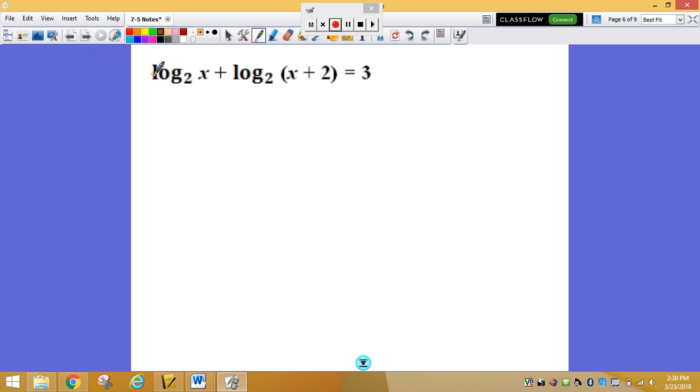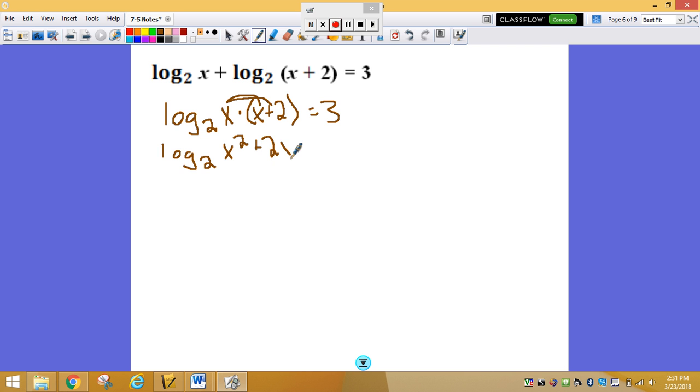Okay, here's another one. This one's a little bit different. This side has log base 2s, but this side does not. So here's how this is going to work. I'm going to bring down log base 2 of x. Remember, plus means to multiply. And then I have x plus 2 equals 3. I'm going to distribute. So I'm going to put log base 2 of x squared, because x times x is x squared, plus 2x